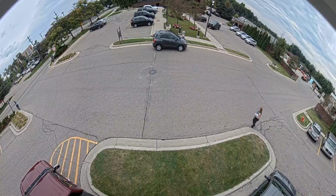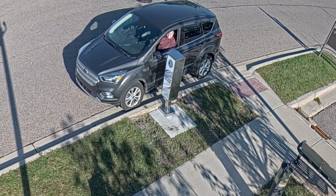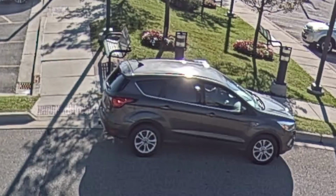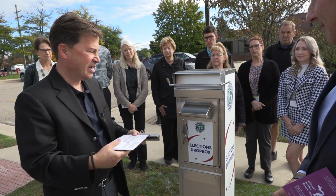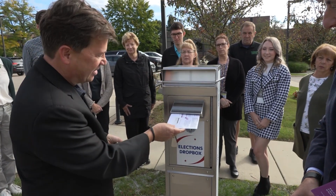Cameras are on the box 24 hours a day, both seeing the front and the back. It's quite revealing as to who is here at any given moment at the drop box. Clerk Martin Brook and Township Trustee Neil Barnett were the first voters to use the drop box at the unveiling